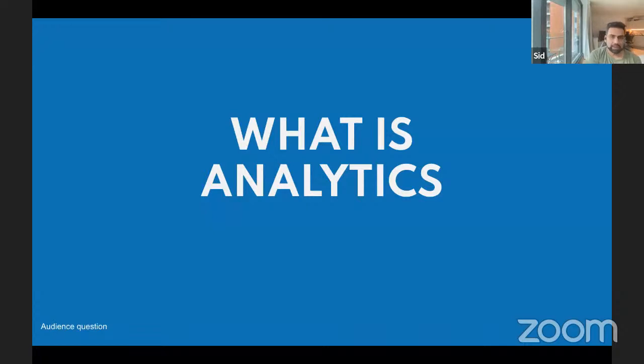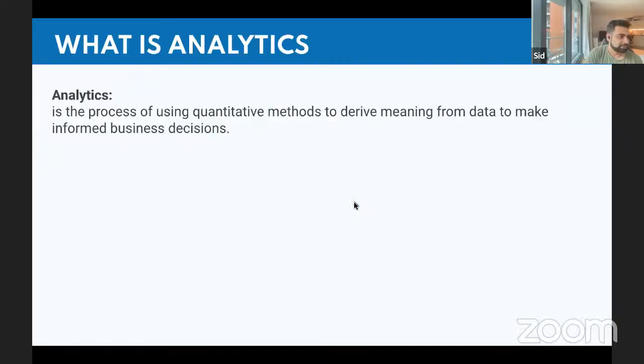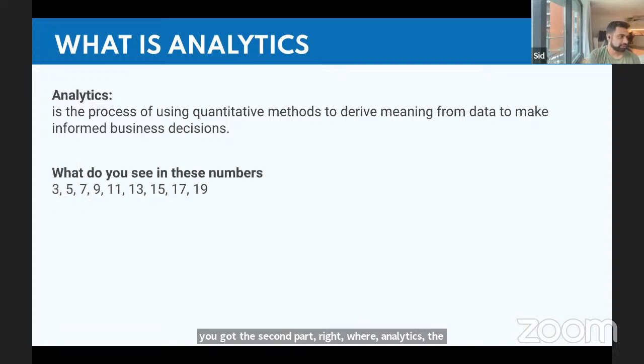Okay, I think all of you are in the right direction. But a simpler way to define it is that analytics is usually a quantitative method to derive meaning, right? A lot of people wrote getting insights from data. Insights could also be qualitative, right? It could be subjective. But when you talk about analytics, it's usually quantitative. There is qualitative analysis also, which if we have enough time, we'll cover. But typically, that's how we think of analytics. A lot of you got the second part right, where the core of analytics is when you're looking at data and trying to drive meaningful insights from it.